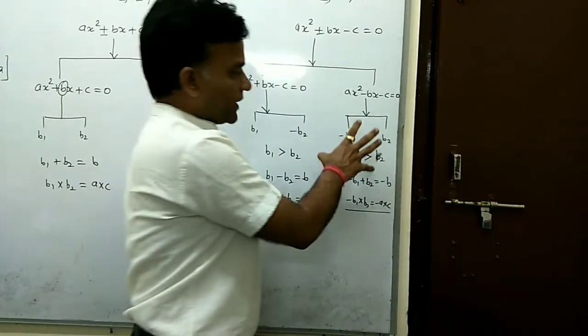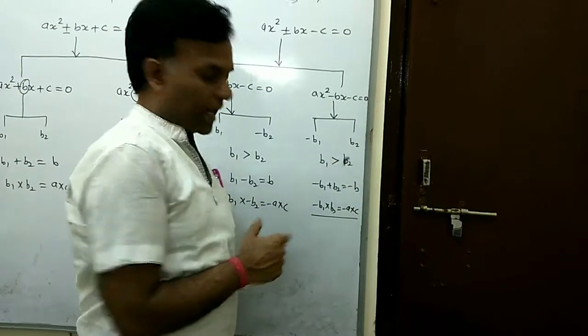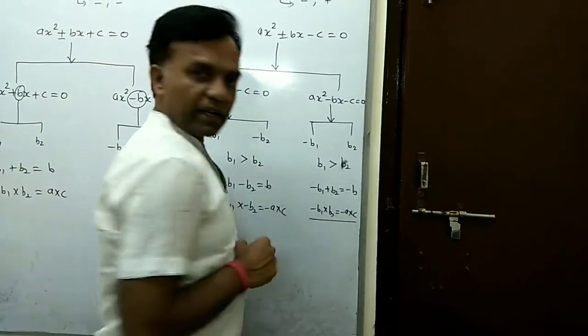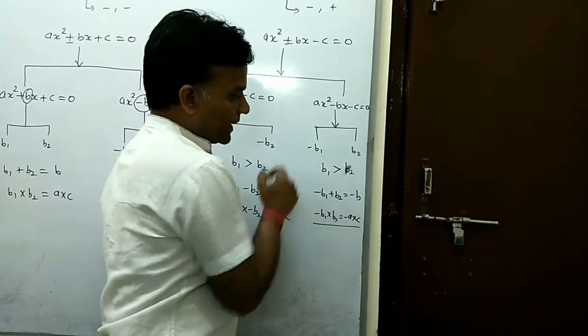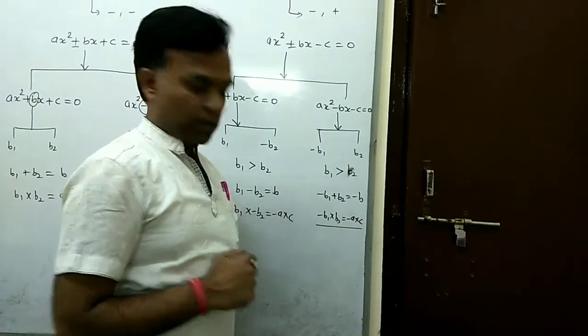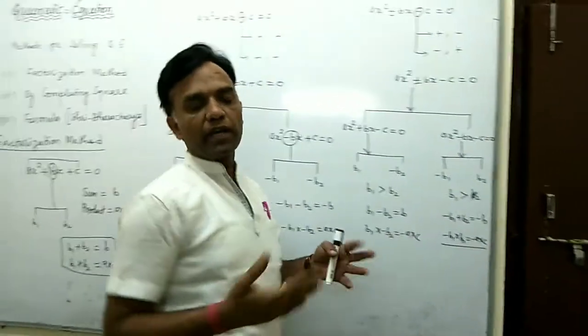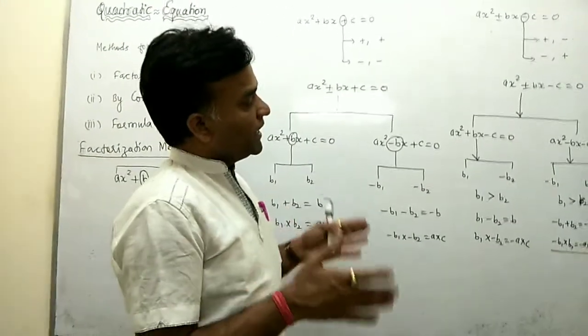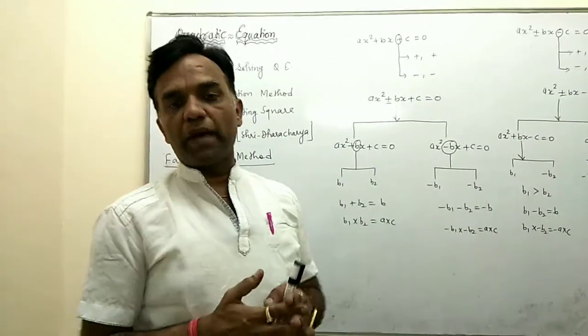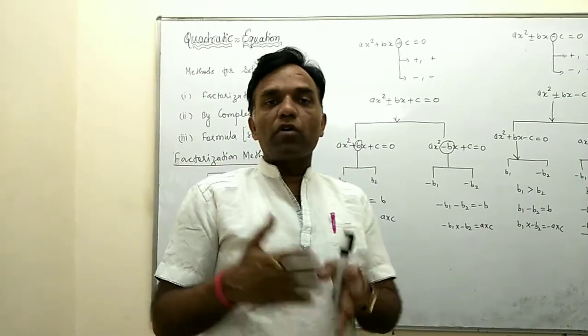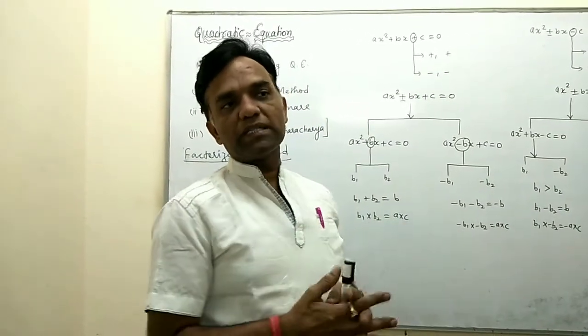But now here the situation is the same, and the nature is the same again. b1 is greater than b2. Now b1 is negative, which means your resultant value is negative. So therefore their product has no change, because one positive and one negative give a negative result. So this is the complete information about the factorization method, the complete information about splitting the middle term, because both concepts are the same.